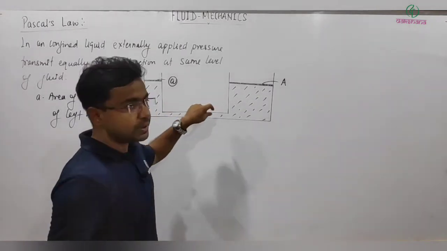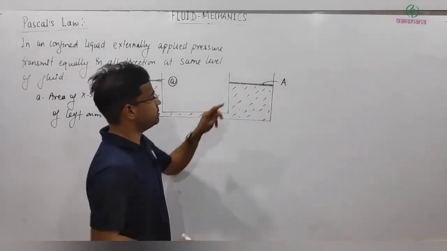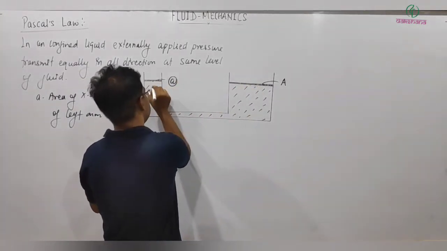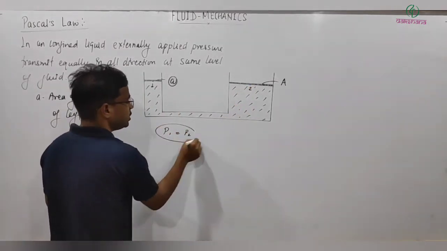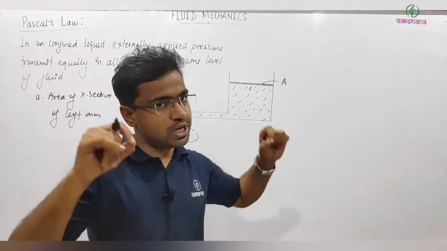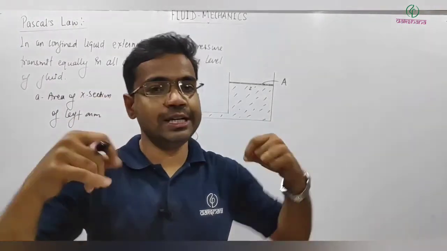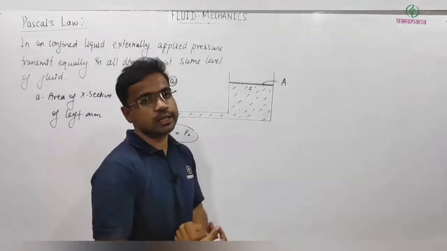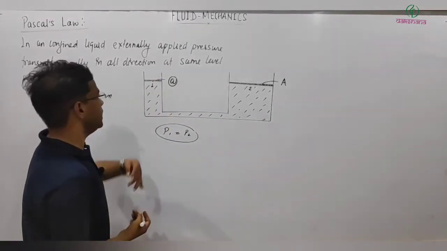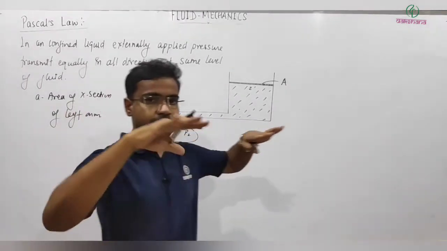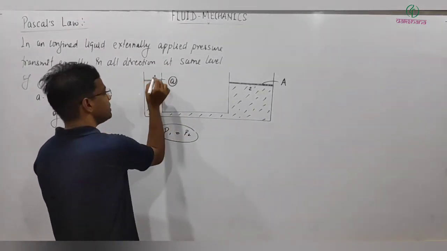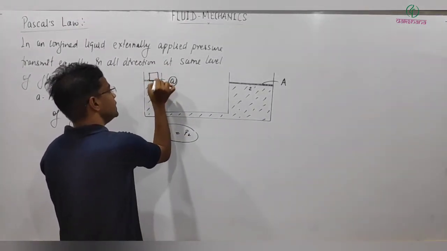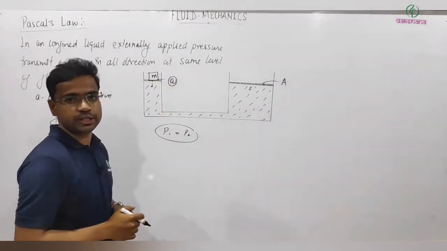Right? Then what is happening at this point and this point? Pressure will be the same. This is point 1, point 2. So P1 will be equal to P2, because both points are at the same level in the same liquid, so right now pressure will be equal. Now, this is confined, meaning it's an enclosed liquid. If some additional pressure is applied, let's say a small weight is put on it,